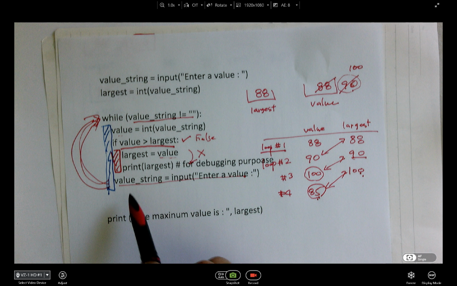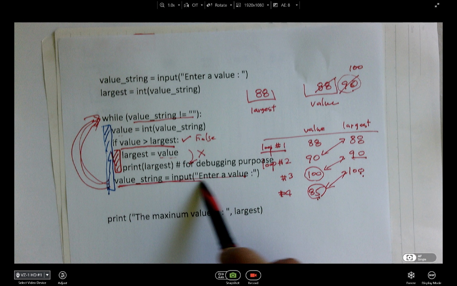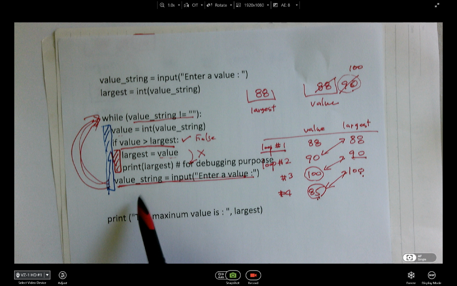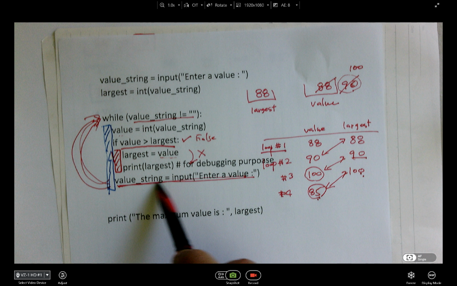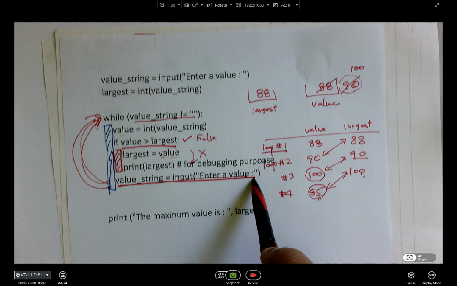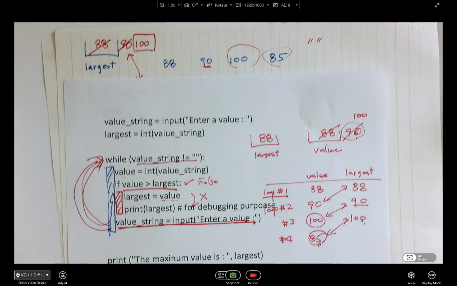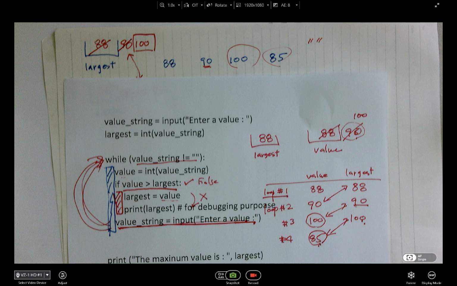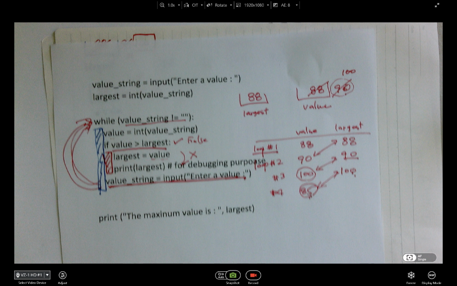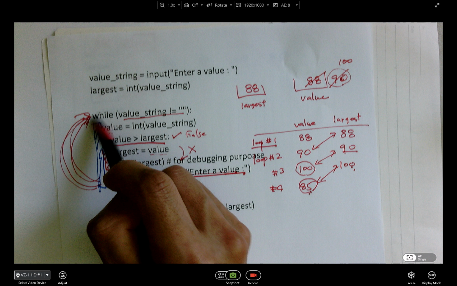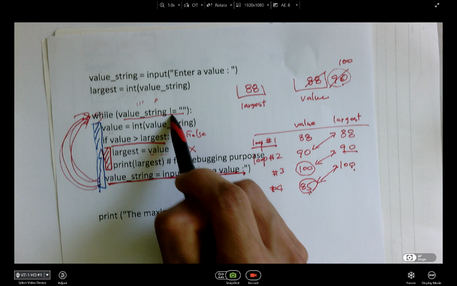And then we are done with the if statement. Your program will ask user to enter another value. And this time user enters what? Empty string, meaning the user just basically presses enter, and then empty string is not equal to empty string?